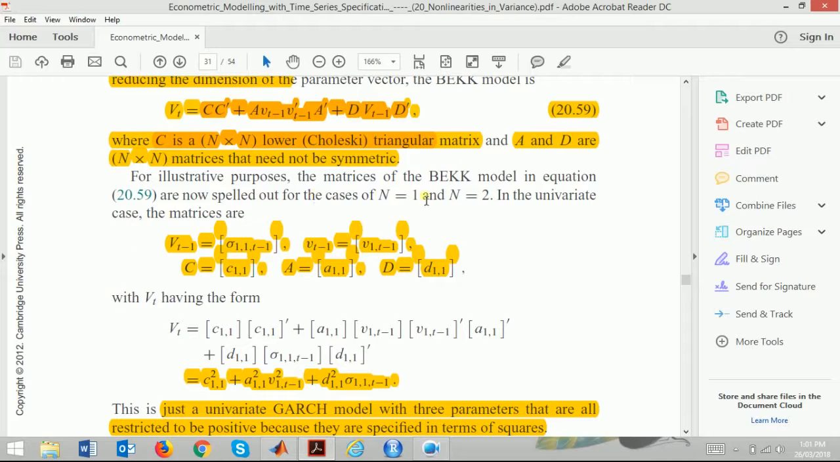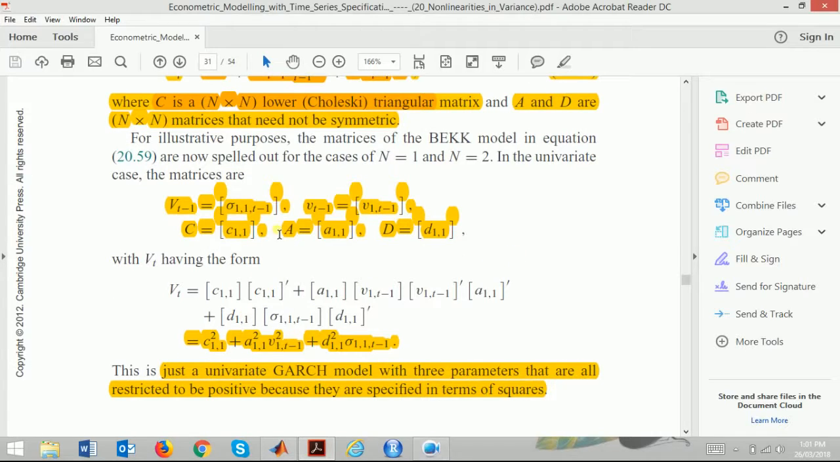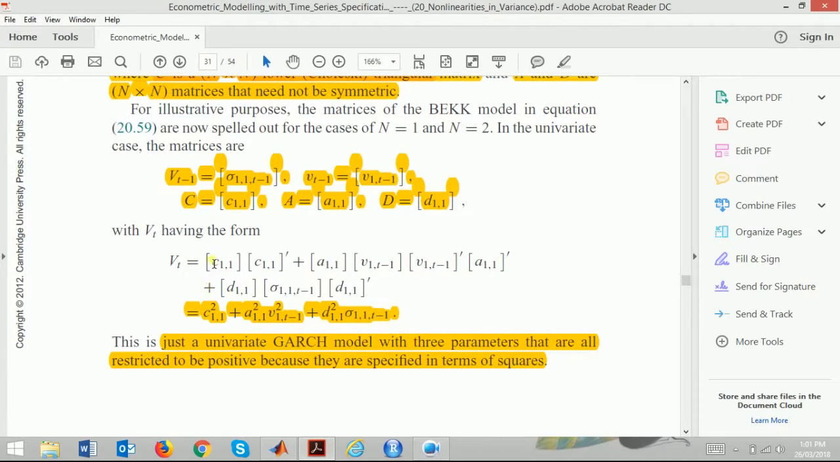So for illustrative purposes, the matrices of the BEKK model in the equation are now spelled out in the case of n equals 1. In the univariate case, when n equals 1, obviously there is just one standard deviation, one residual, one constant, one coefficient, and we have the Cholesky decomposition. We have this decomposition structure. So C squared, A squared, because it's a decomposition, everything will be squared, and that gives you a positive definite